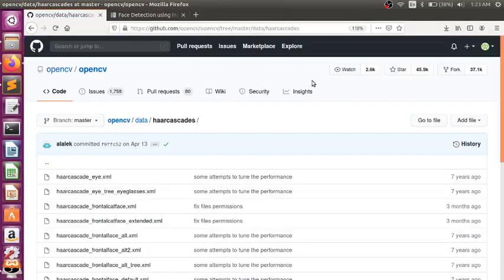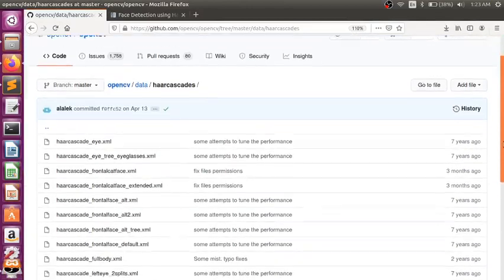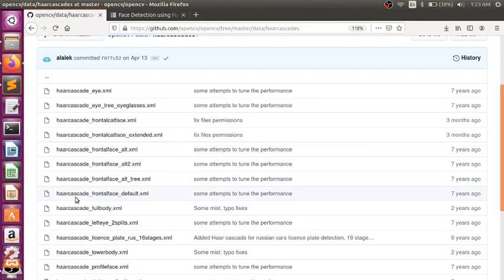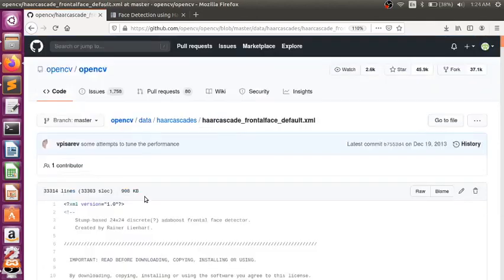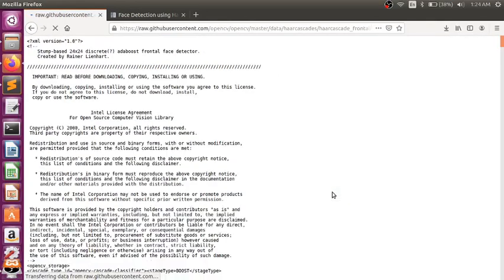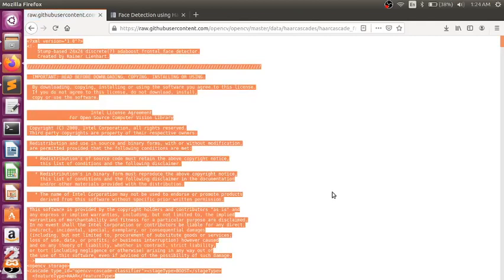I will give the link of this GitHub repository in the description below, and we will choose the Haar cascade frontal face default.xml. If you want to choose any other, you can, but I am choosing this. Go to raw